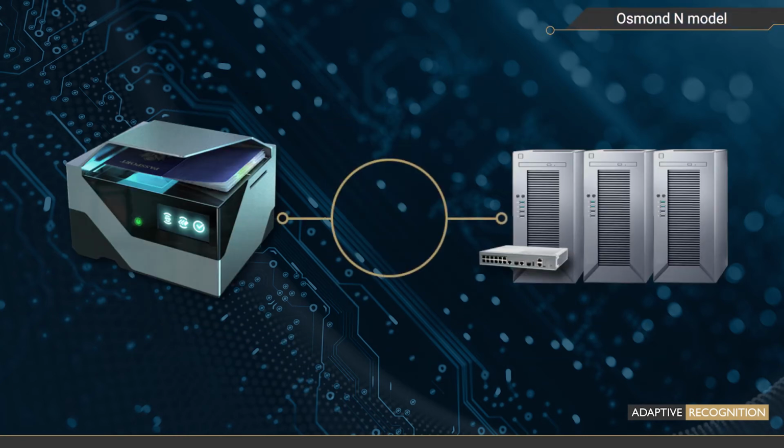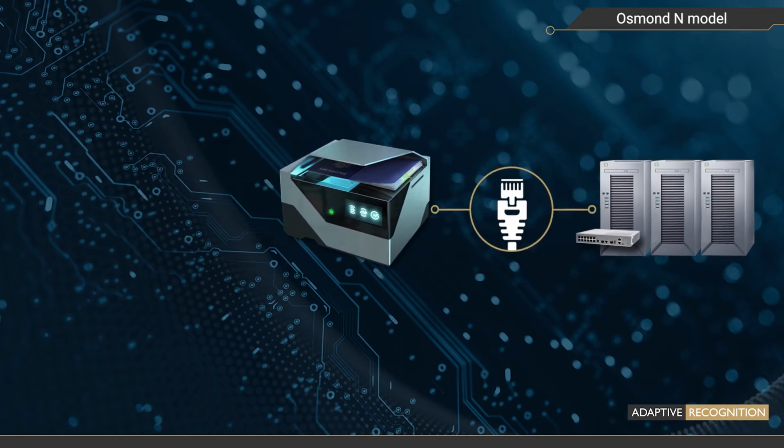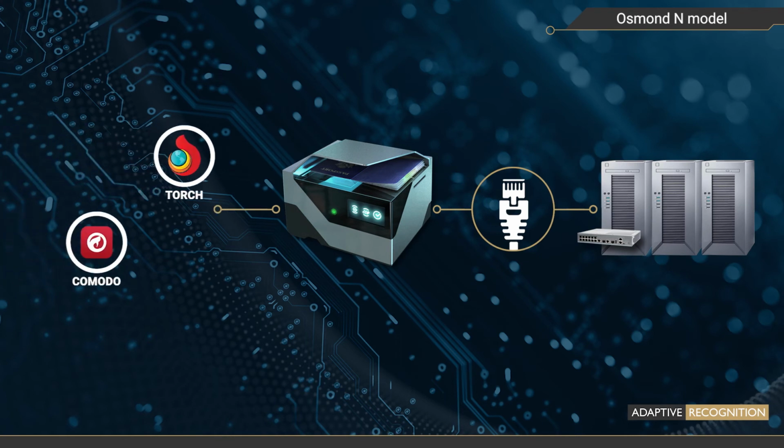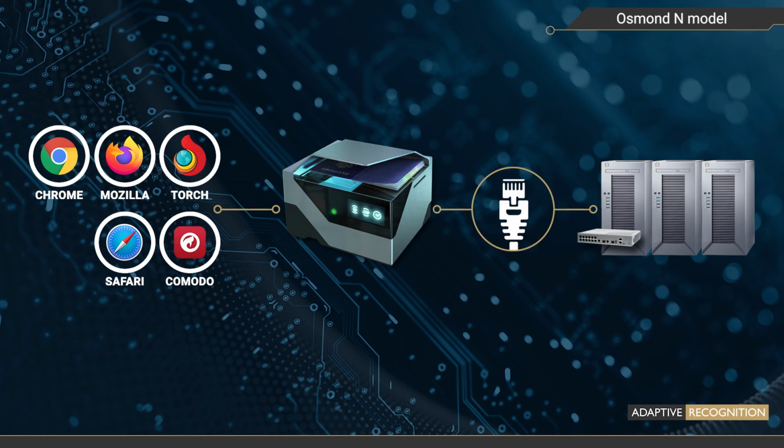When you need a passport reader with network communication capabilities, Osmond N is the right choice. N, which stands for network, means that the scanner is capable of communicating via Ethernet. Like an IP camera, it's visible via a network and can be accessed even remotely from a web browser. Osmond N is not only a network model, but a scanner with integrated processing. What does that mean in practice?